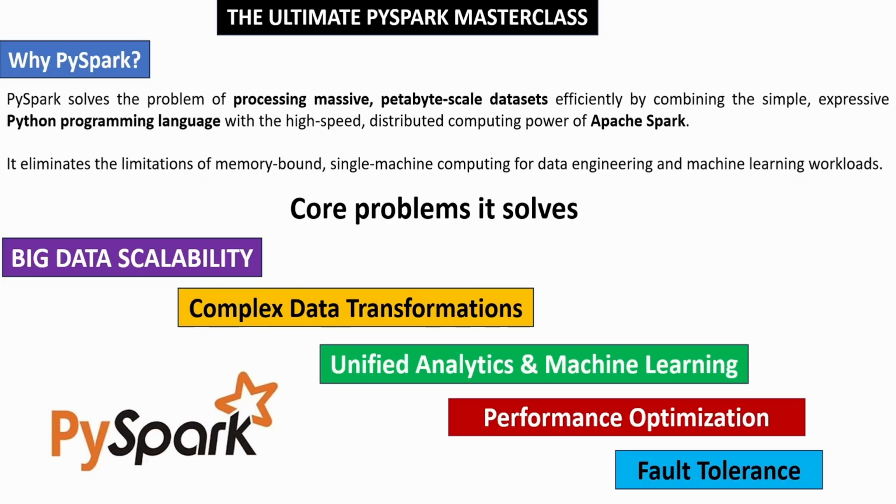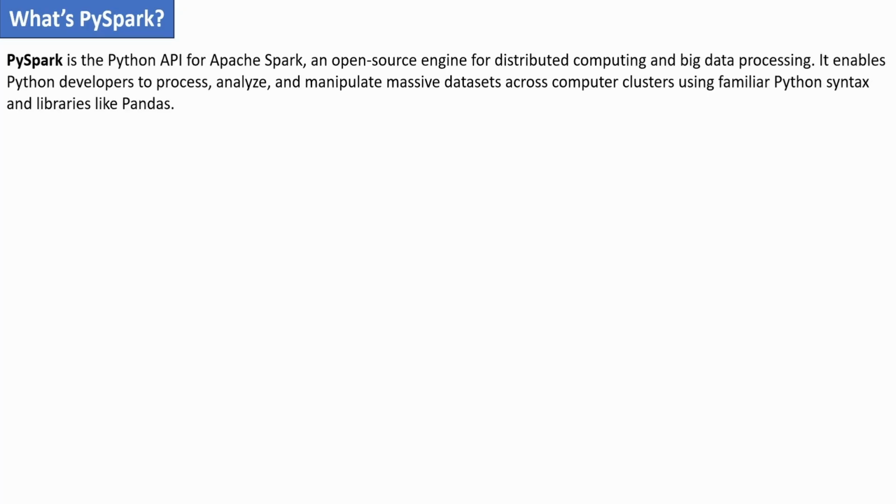Now you are clear why PySpark exists in the market and what problem PySpark solved. Now let's jump into the what, and what means the PySpark definition. PySpark is a Python API for Apache Spark, an open source engine for distributed computing and big data processing. It enables Python developers to process, analyze, and manipulate massive datasets across clusters using familiar Python syntax and libraries